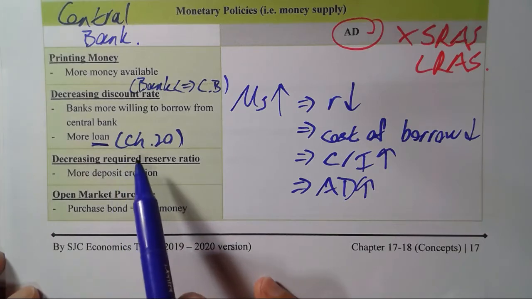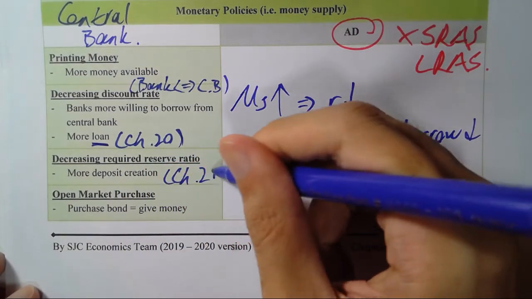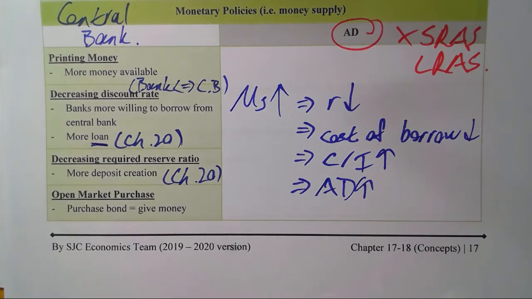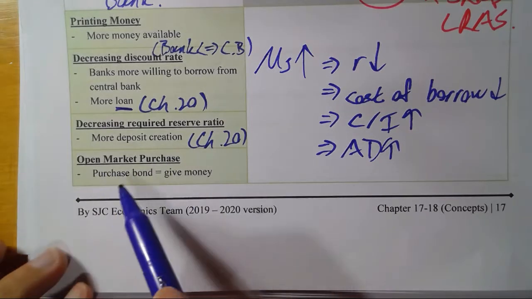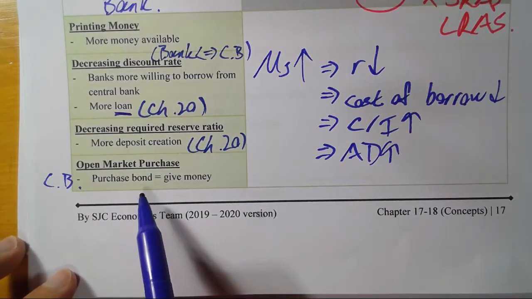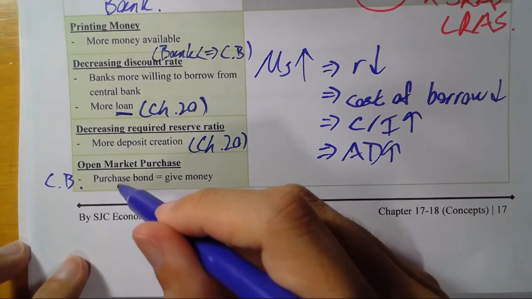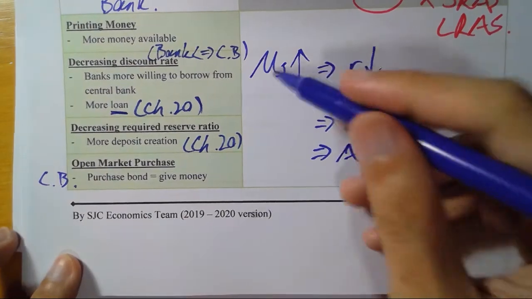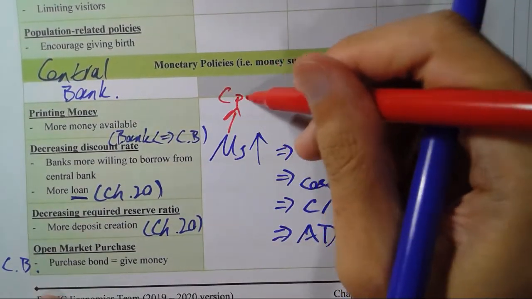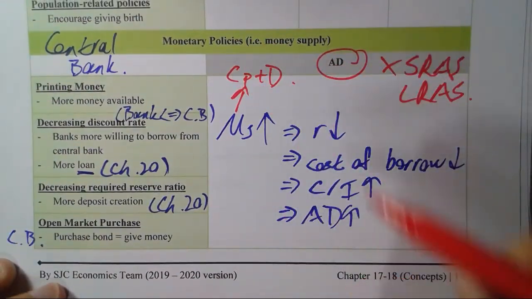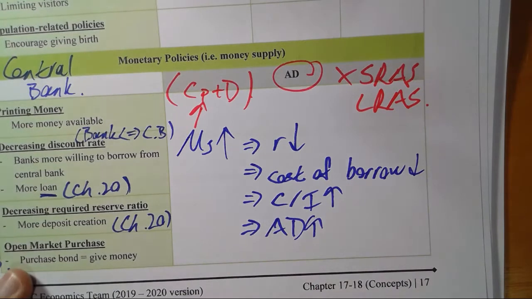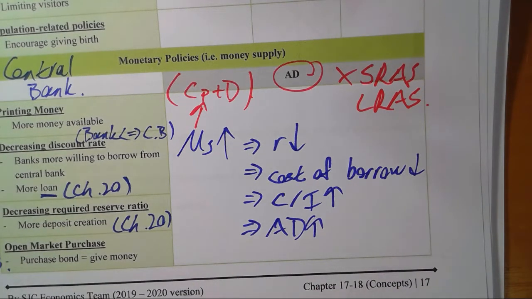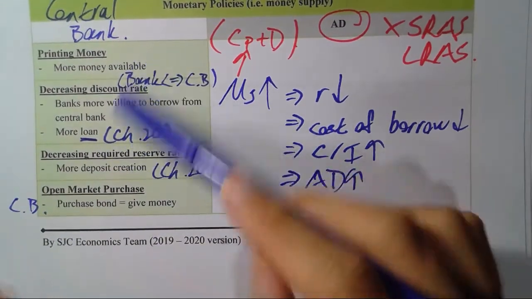Same here, decreasing required reserve ratio. Now this one, if you want to know why, look at chapter 20. I'm not going to repeat it here. And finally, now instead of printing money, sometimes they would like to do some so-called open market purchase. Now you just need to remember, it means central bank would purchase bonds from banks, right? Now remember, when they make purchase, they give out money. Money supply is CP plus D, right? It does not include central bank. Now therefore, central bank giving more money, D would increase or CP would increase depending on the perspective, right? 係咪？但係啦，我哋知道啦，money supply 都會多咗啦。